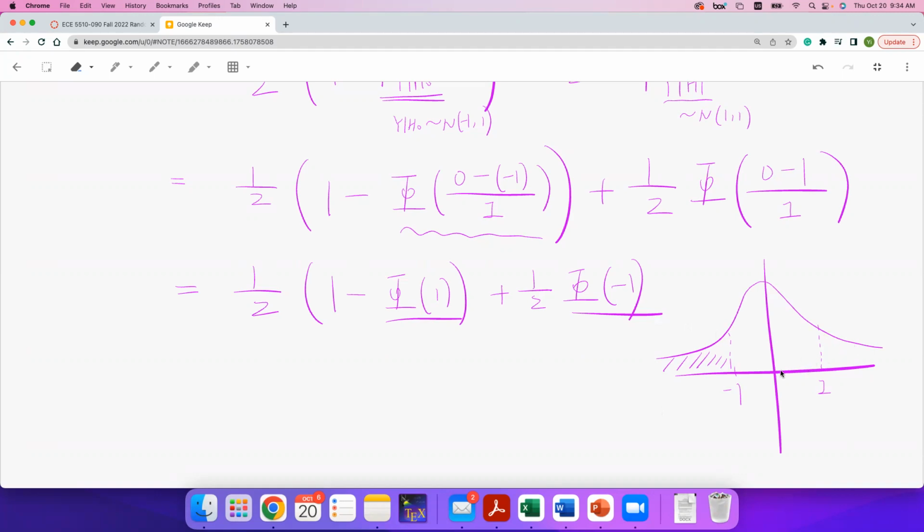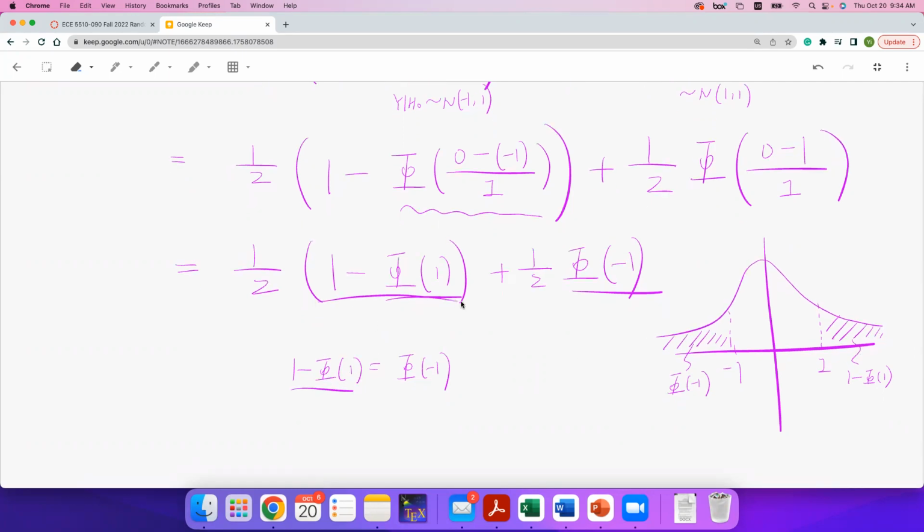So by symmetry, we can see that 1 minus phi 1 equals phi -1. So 1 minus phi 1 gives this part, and this is phi -1. These two shaded areas are the same. And using this equality,